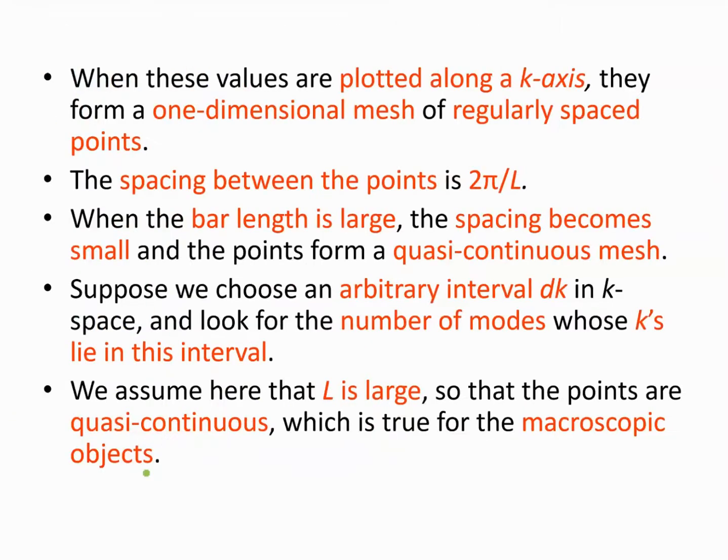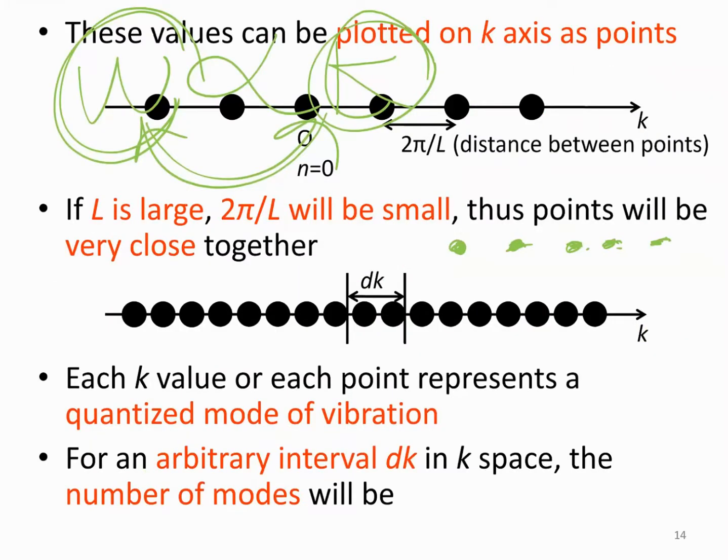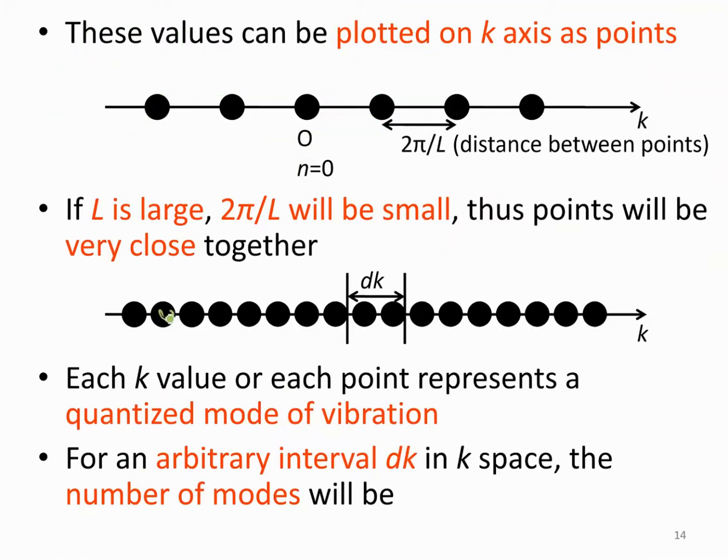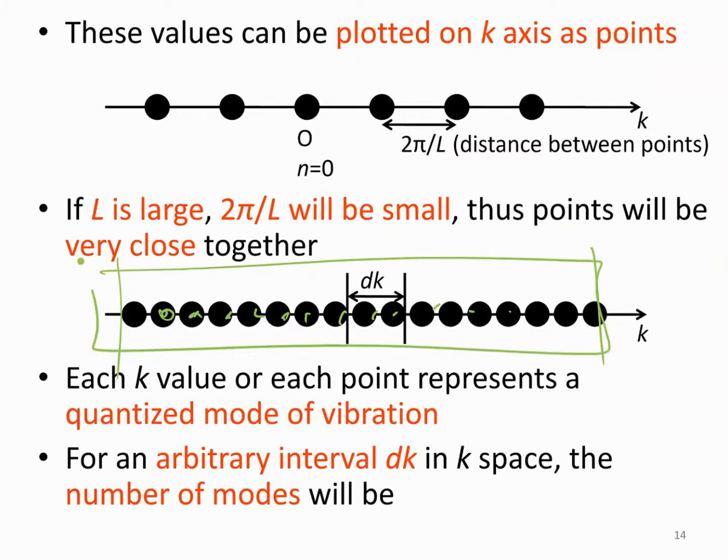I already explained just now. So now we know that these are the allowed k values. Okay, allowed k values. So if you want to know how many modes in one particular range,